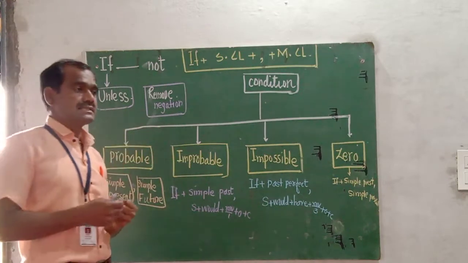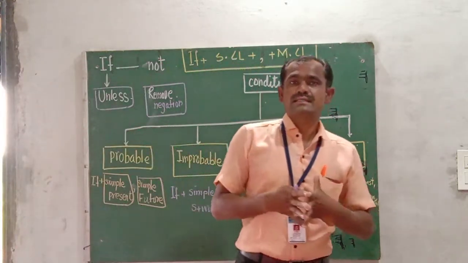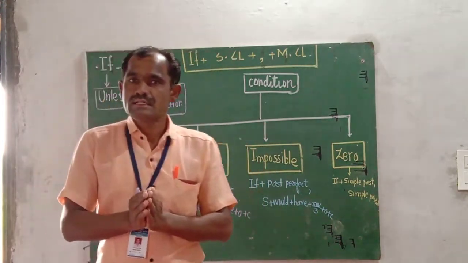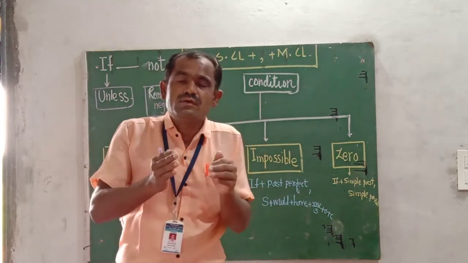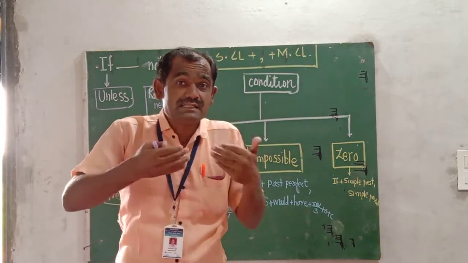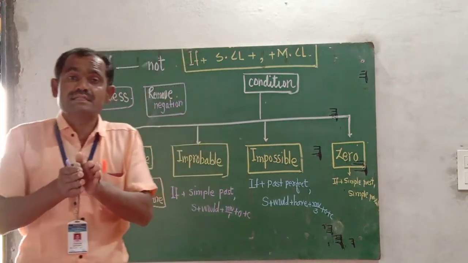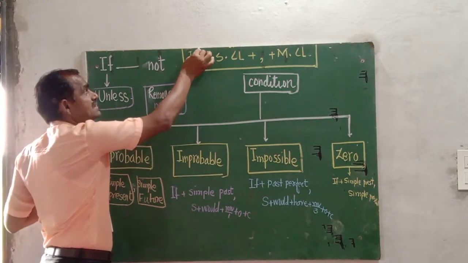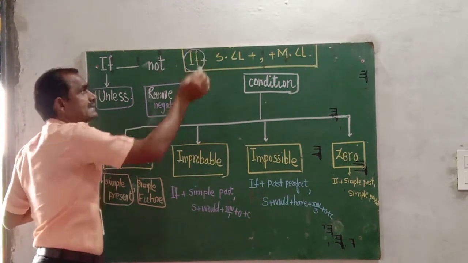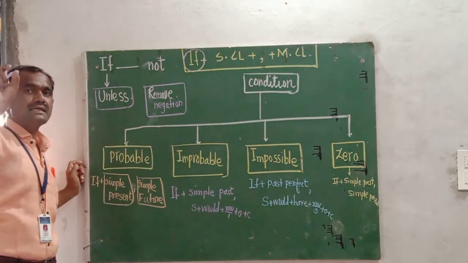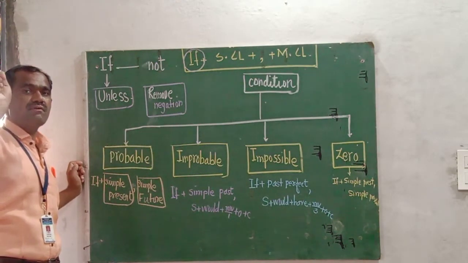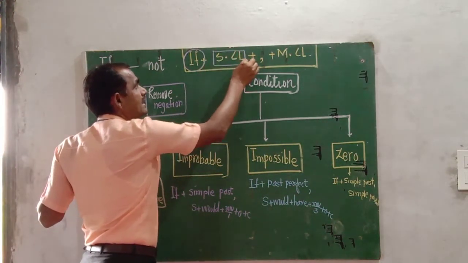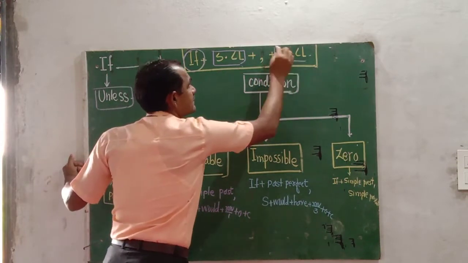First of all, try to understand that when two sentences are there, these two sentences correlate with a condition, and if the condition is not followed, what could be the result of that particular condition given in the clause. So let's study the structure: there are two sentences. These two sentences are combined with each other with the help of if or unless. One of them is a subordinate clause and the other is a main clause.